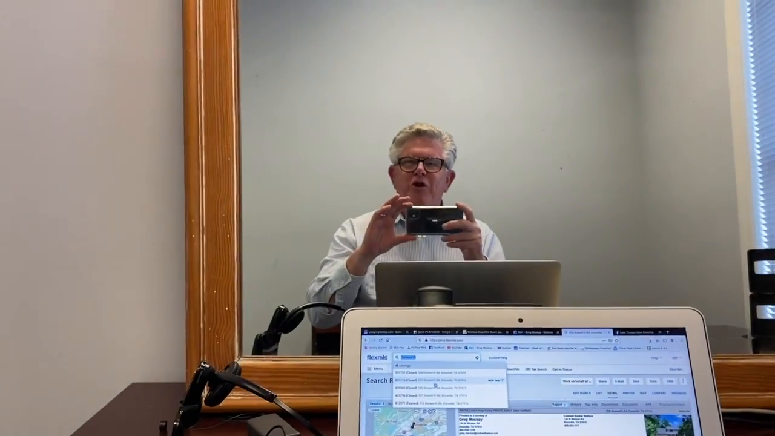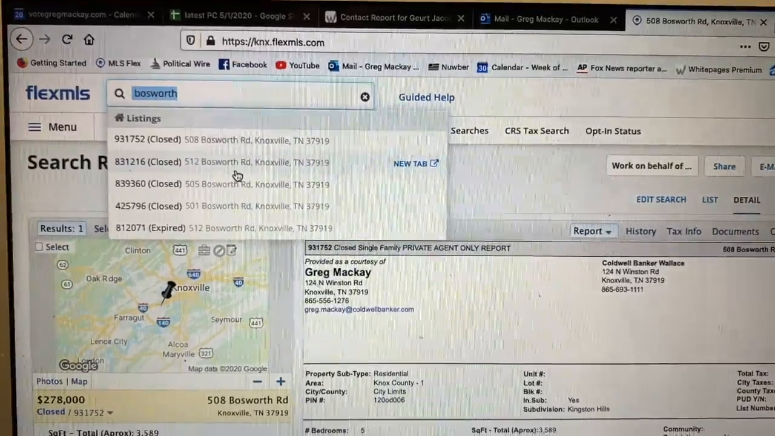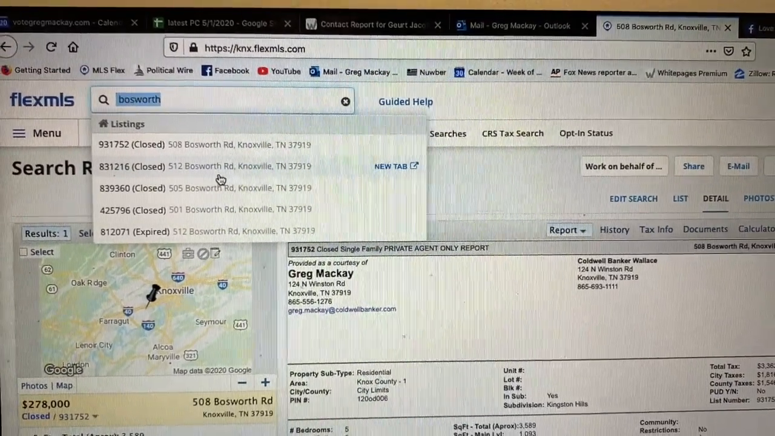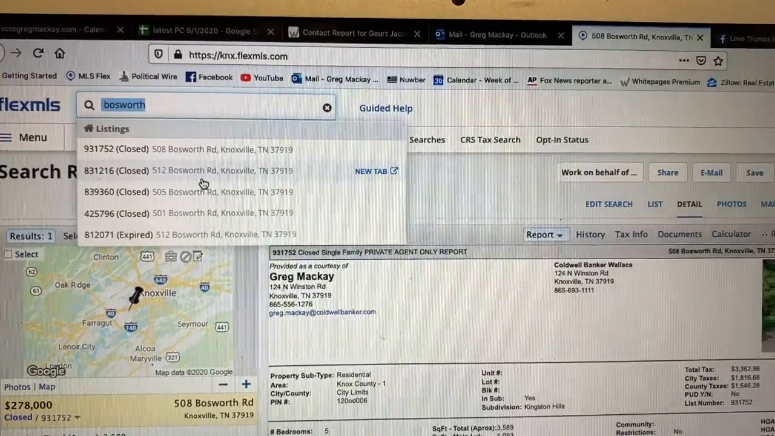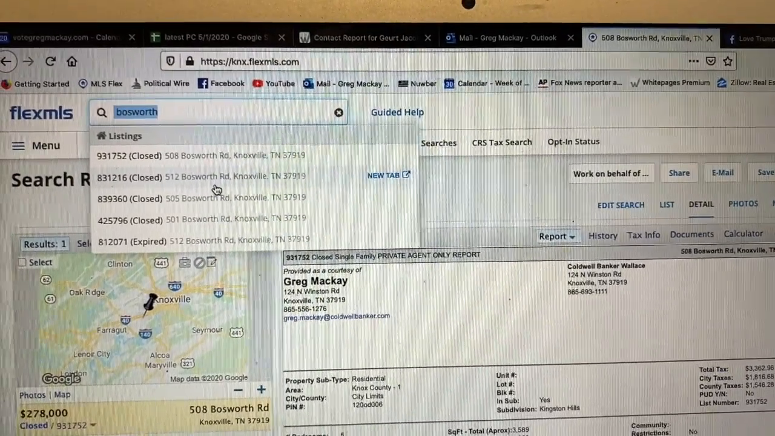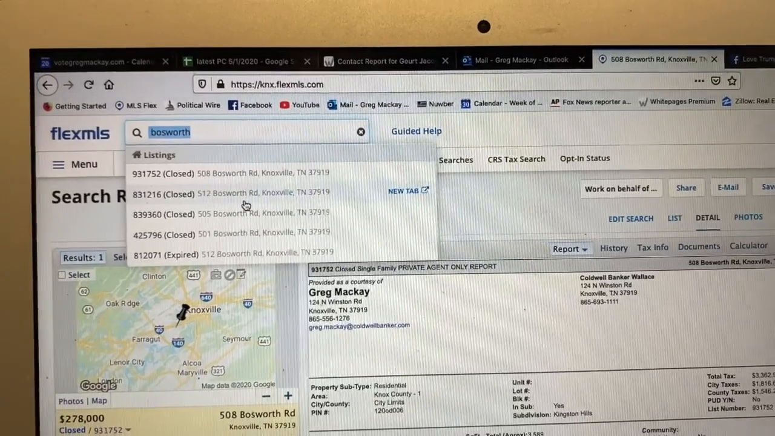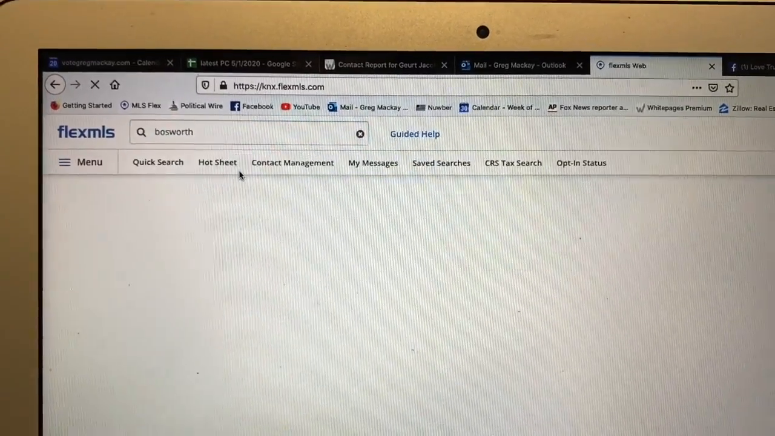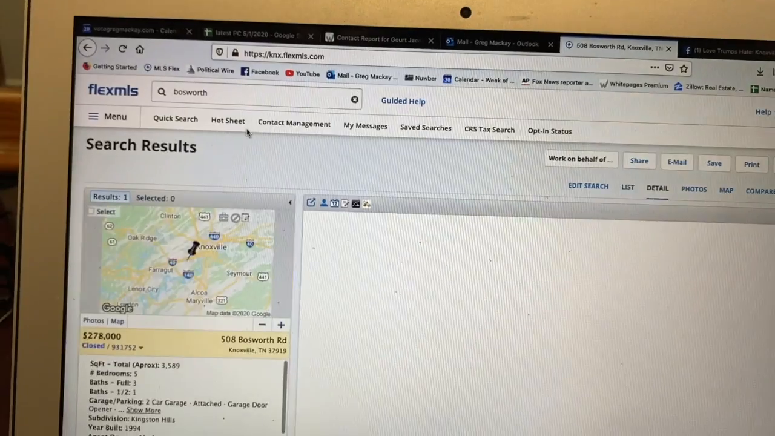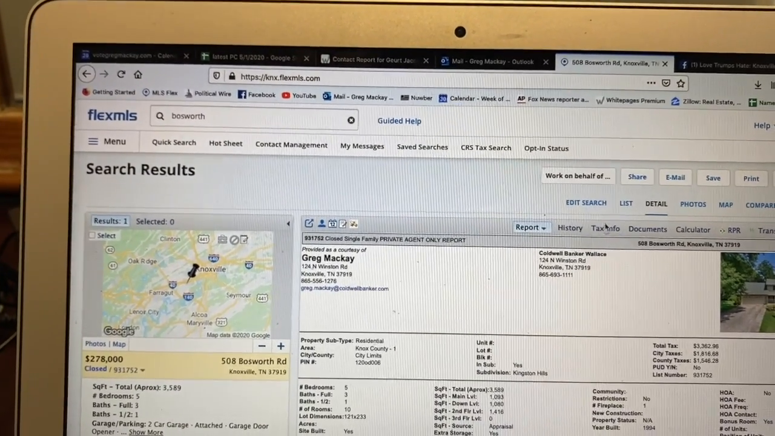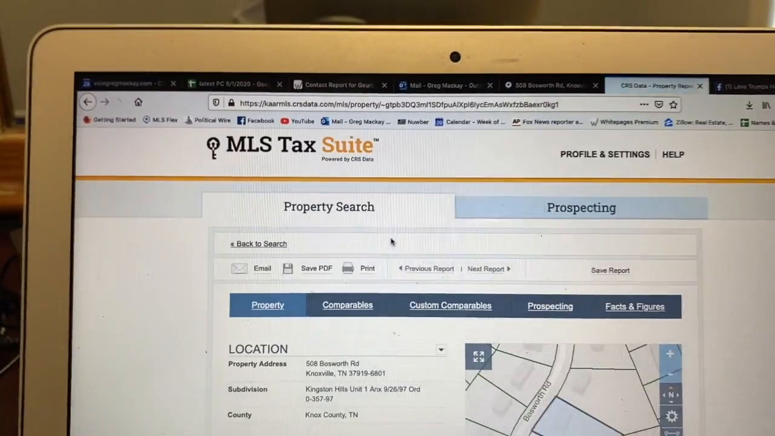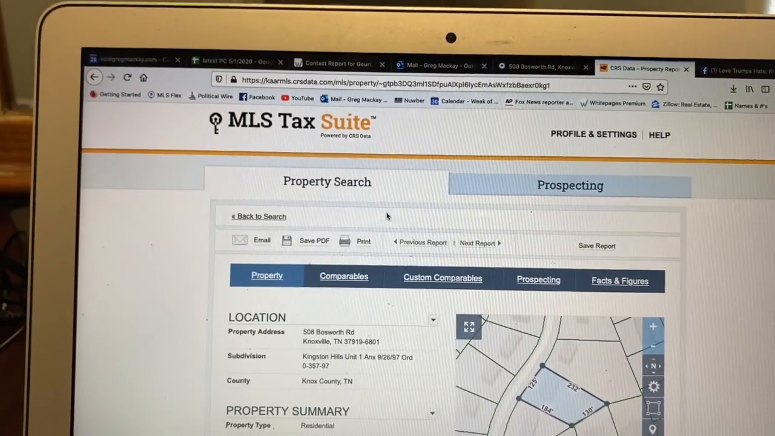Let me show you what I'm going to do first. I'm going to go to the Flex MLS, the Realtor Multiple Listing Service, and I'm going to type in the street and see if the address comes up. We're going to practice on my house. There's a few on Bosworth Road, but not one of mine. I'll go ahead and pull one up because I'm going to end up looking at all of these later, because you're going to want to look in the neighborhood where the house is. A house is not going to be worth a whole lot more or a whole lot less than the surrounding